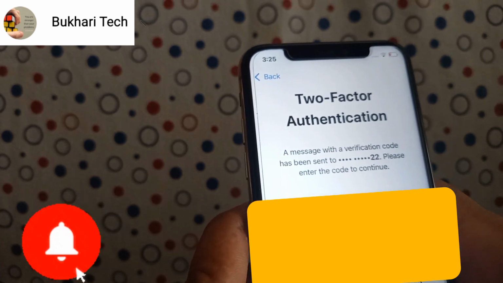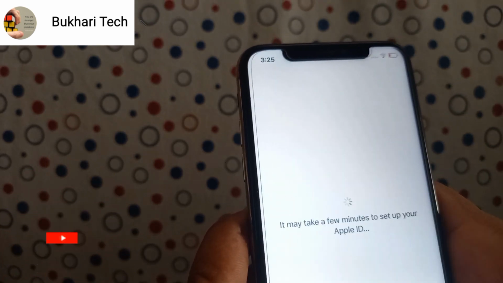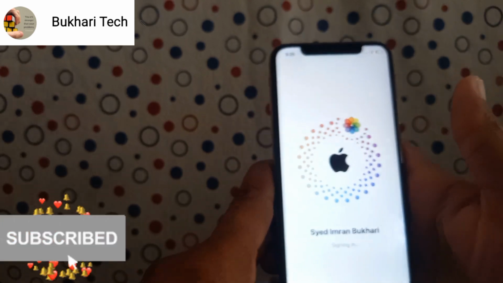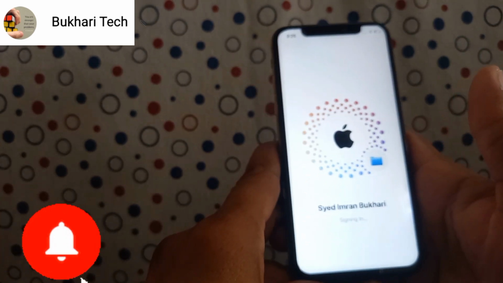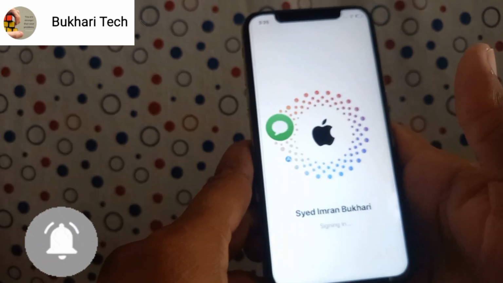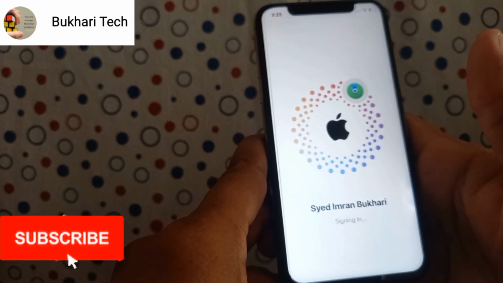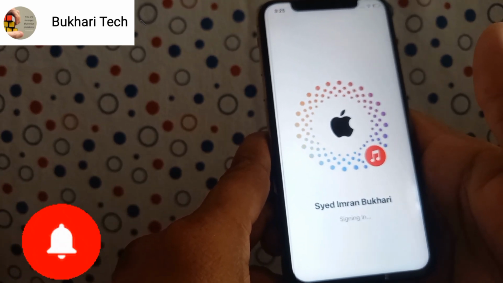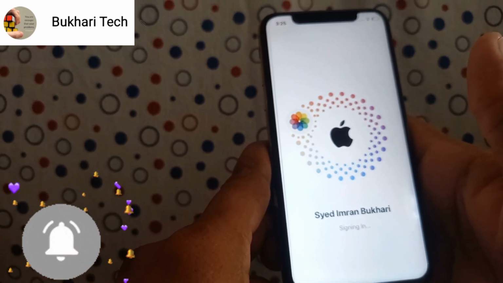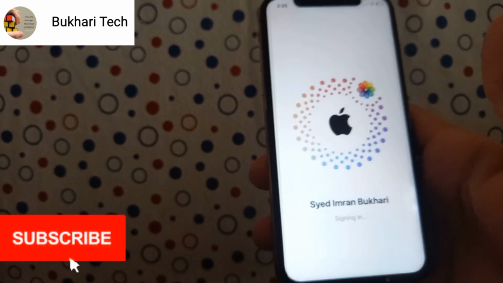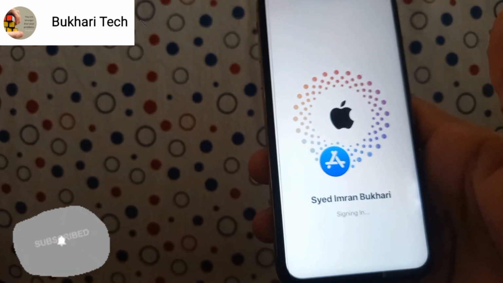Wait a few seconds. So you can see here our iPhone is restored and signed in again with Apple ID, and you can easily use this iPhone now. Wait a few seconds.